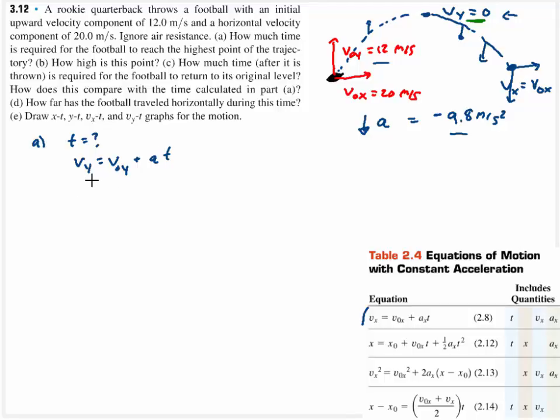In this case, we're looking for time. That guy is equal to 0, so we simply rearrange, and the time is going to be equal to the negative initial y velocity divided by the acceleration. So negative 12 divided by negative 9.8,